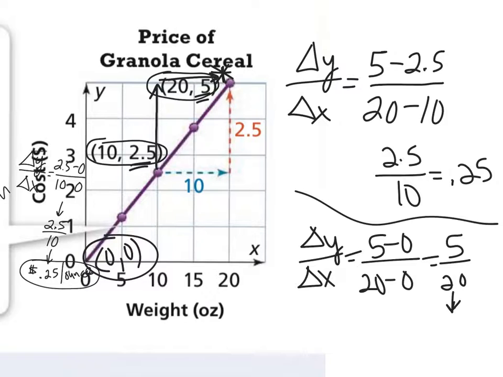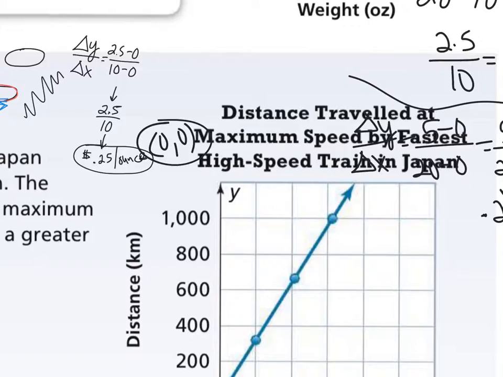5/20ths is the same as 1/4, which is 0.25 also. So as long as you're picking 2 points that are for sure on the graph, then pick any 2 points, find the change in y, change in x, and divide, and you'll get the same answer. So if we look at the try it,